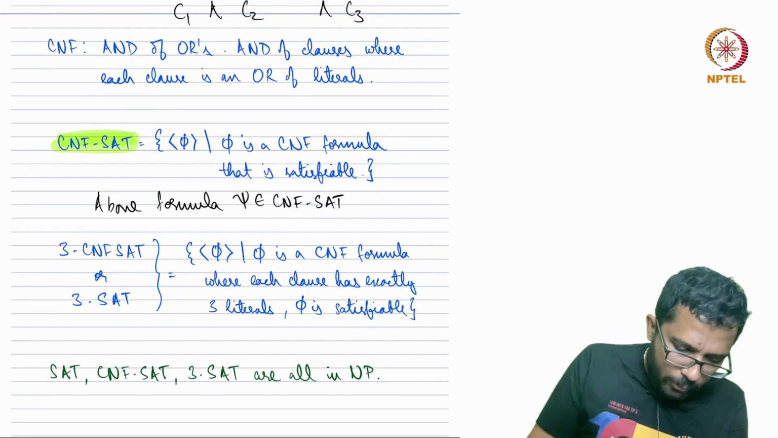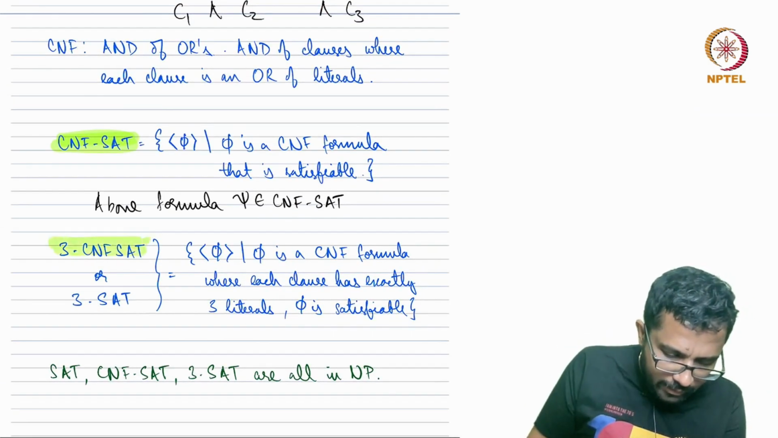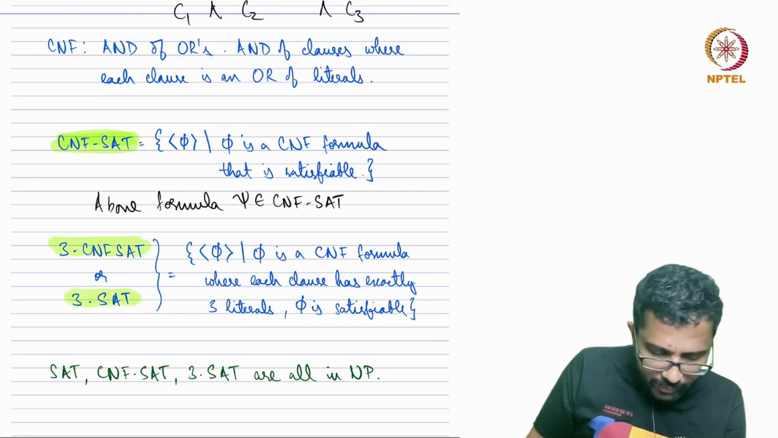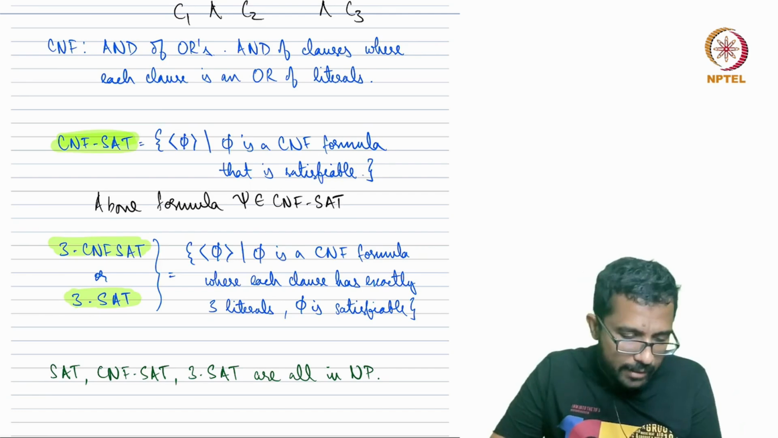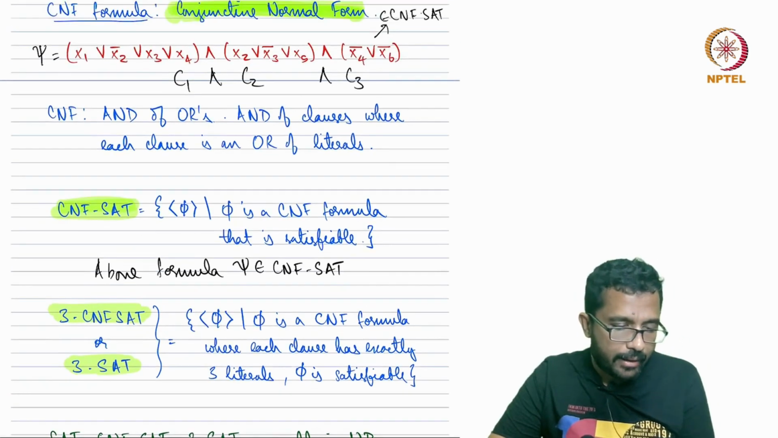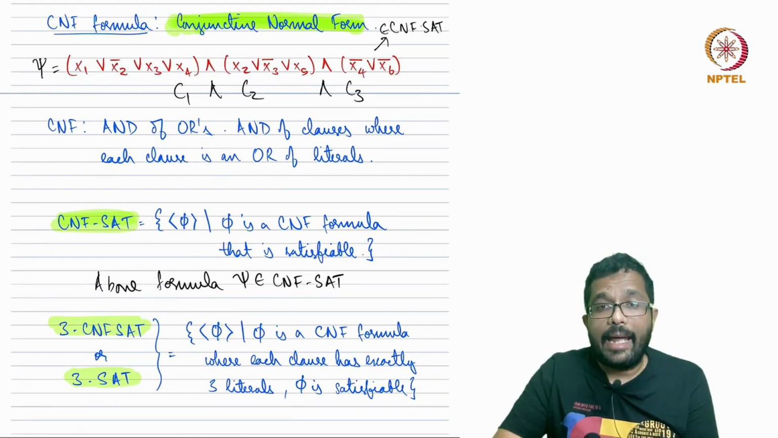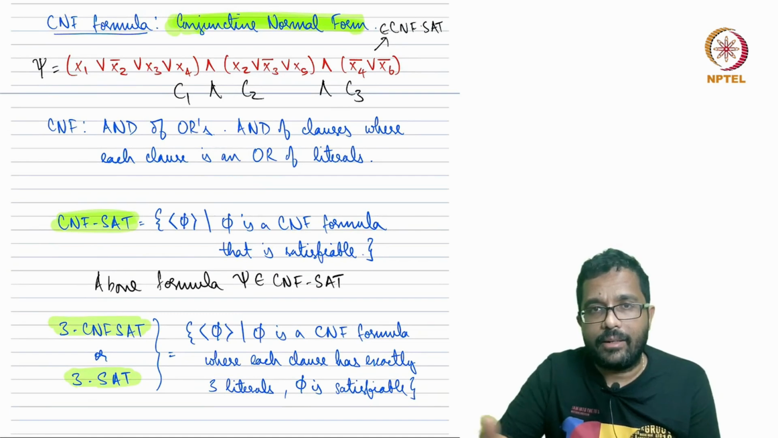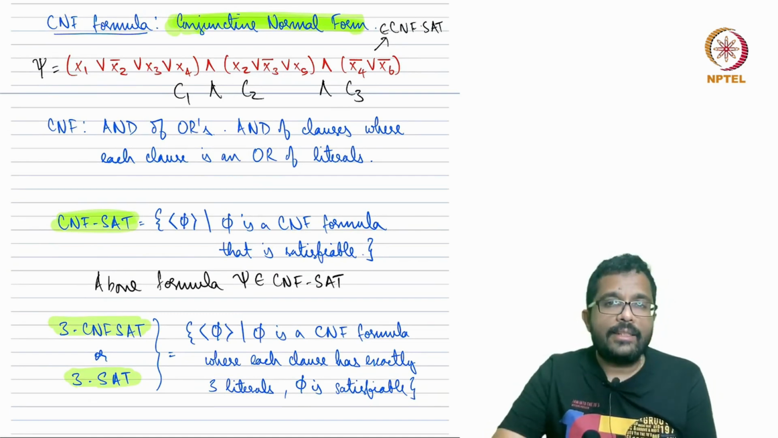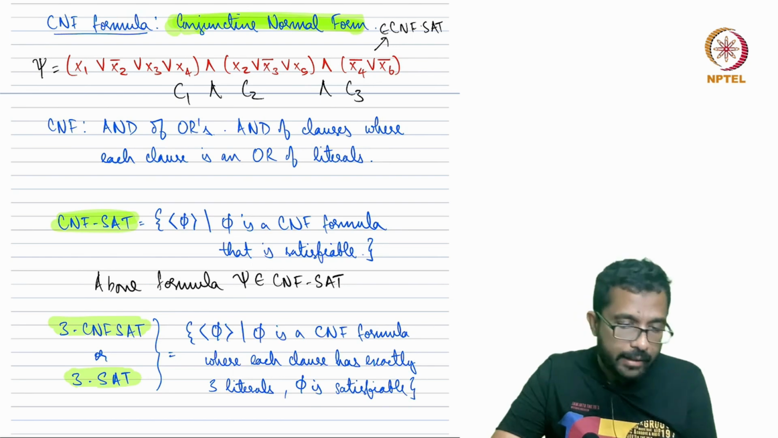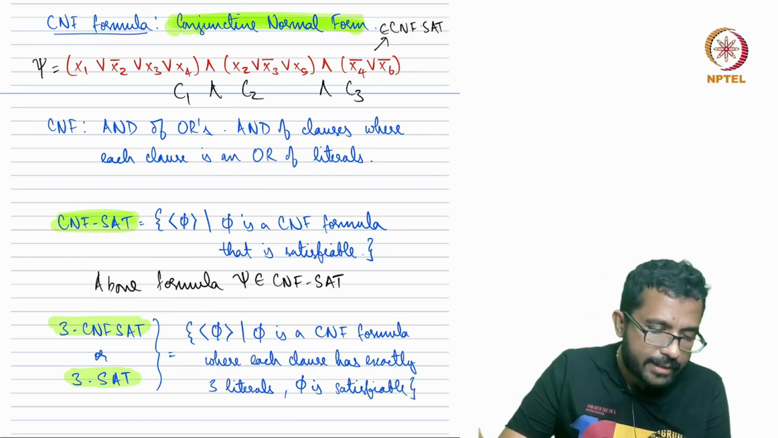Here I want to define one more thing called 3 CNF SAT, or 3 SAT. This is actually a special case of CNF SAT. CNF SAT means: given a formula that is in CNF form, is it satisfiable? 3 CNF SAT is saying that it is in CNF form, but with the additional condition that each clause has